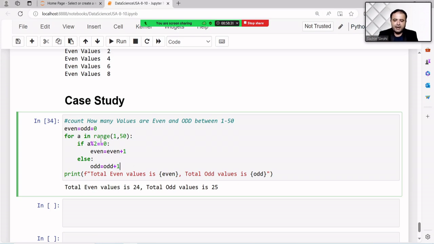Yeah. Like when the particular number is divided by 2, that number is even. So we are just increasing a particular number one by one. Yeah, I can take a small number, like first to 5.